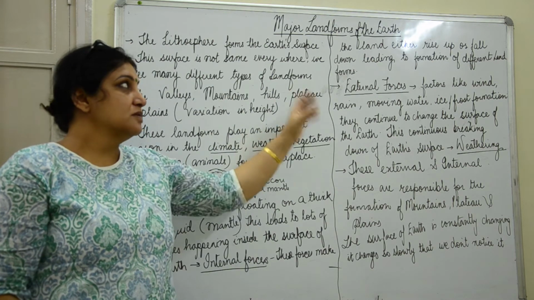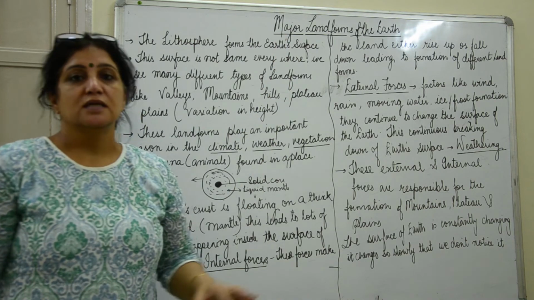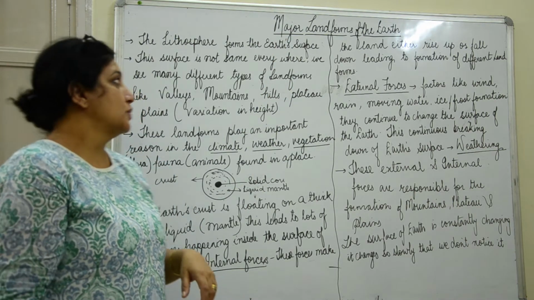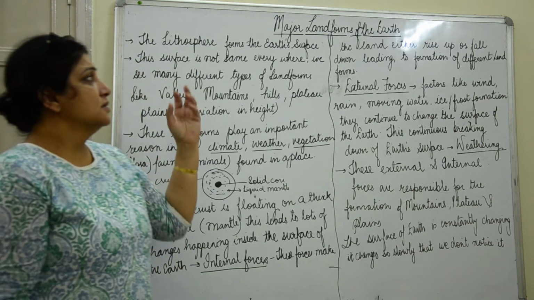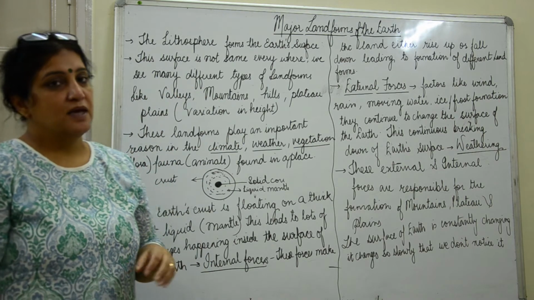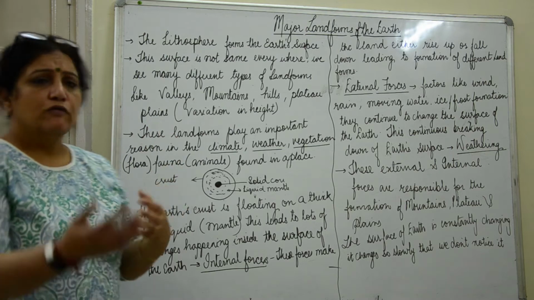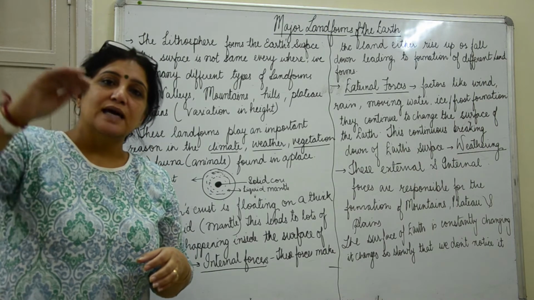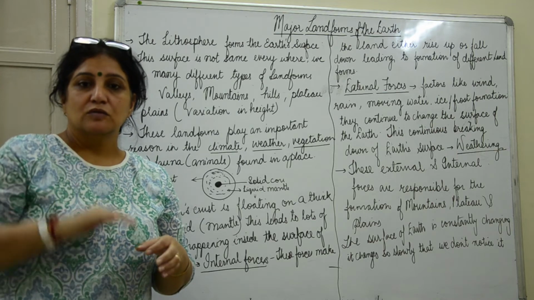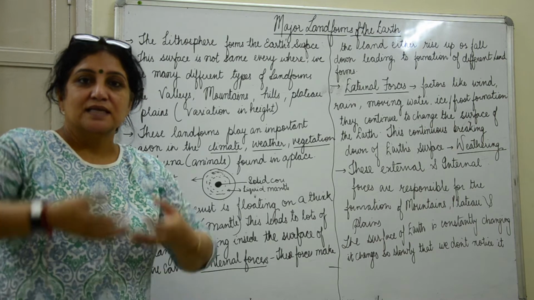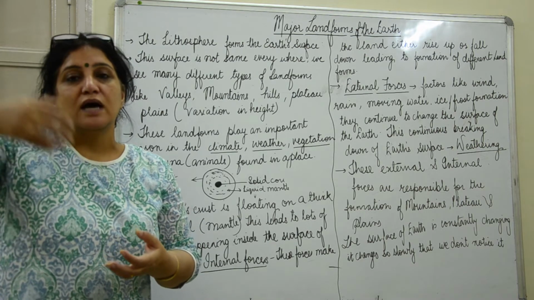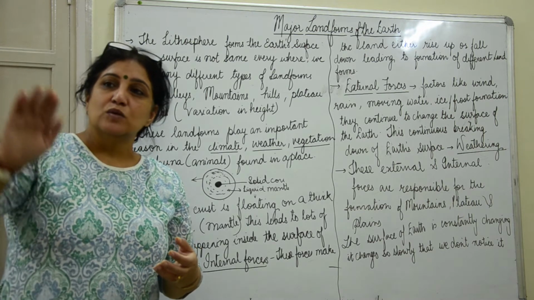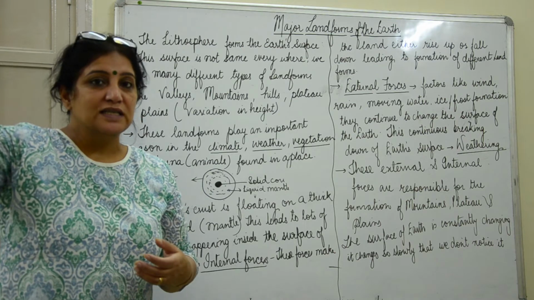So in this chapter we will be concentrating on the various landforms. That means we will be dealing with the lithosphere. We know that the earth's surface is not the same everywhere. If you go from here towards Shimla, you will see the land gradually rising, higher and higher. In your car or bus, you will see that the road becomes inclined, and you start climbing over